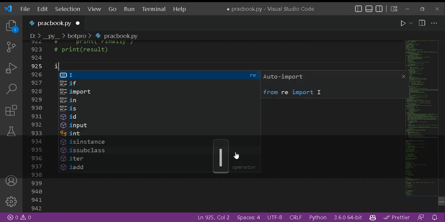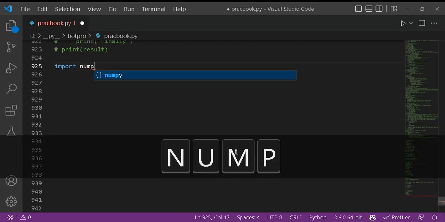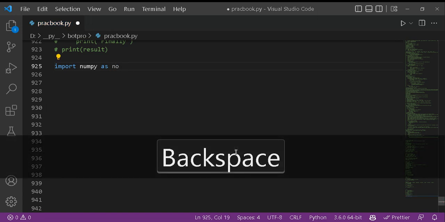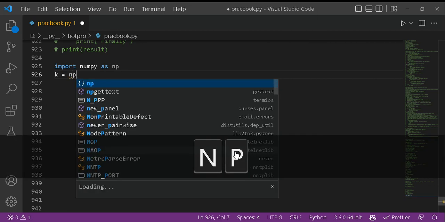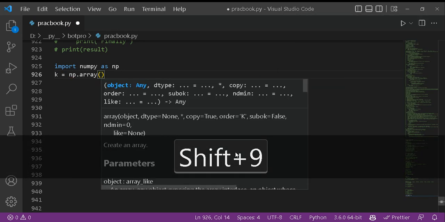Today, to use numpy, we have to first import numpy. You can write anything, numpy or np. I'm writing here the short form of numpy. Let's suppose we create an array and call numpy dot array, and now we will